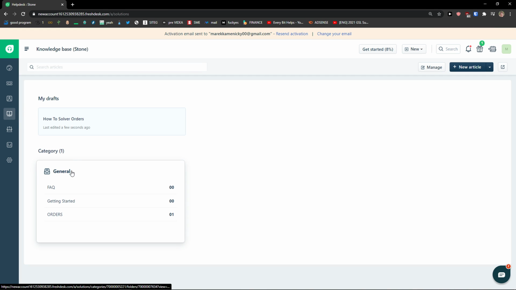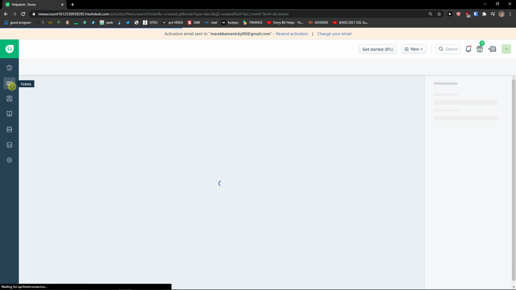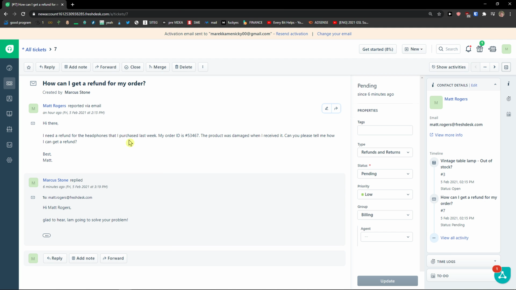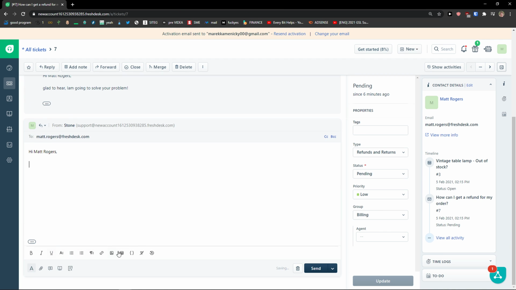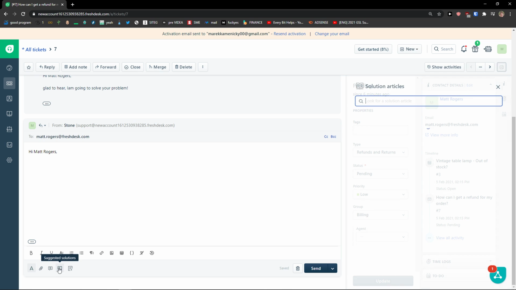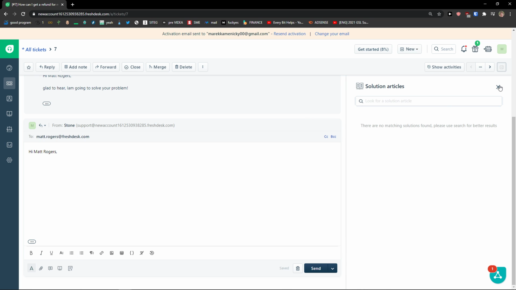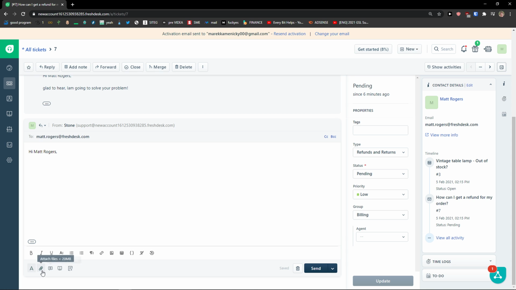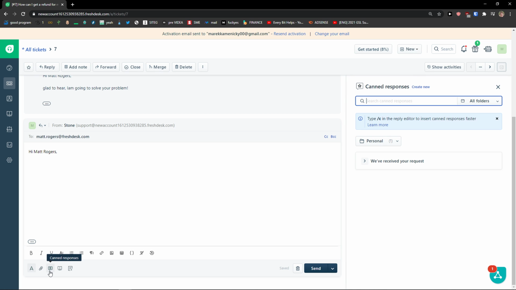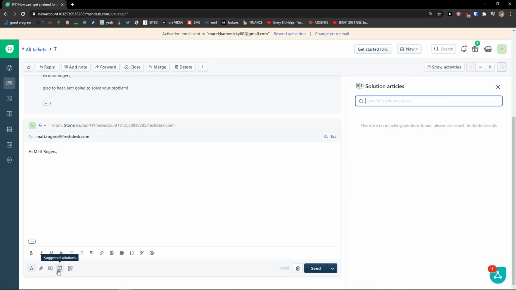And now I would come to solutions, and this will be my draft, and I can simply edit it and use it with tickets. So this is really great, what you can actually do. And now you can see right here, when you click on a ticket, you can go right below and use canned responses, or you can go to suggested